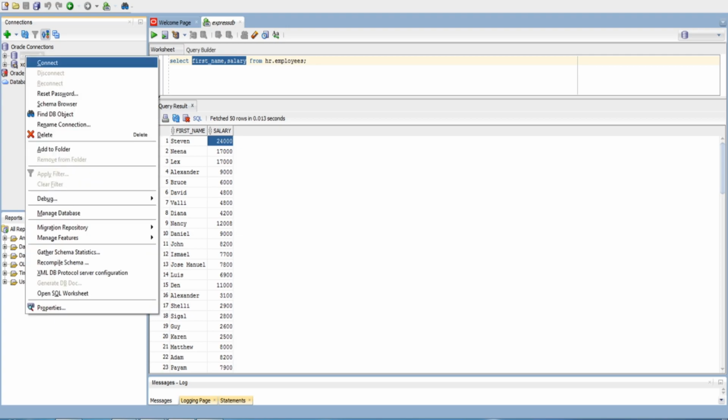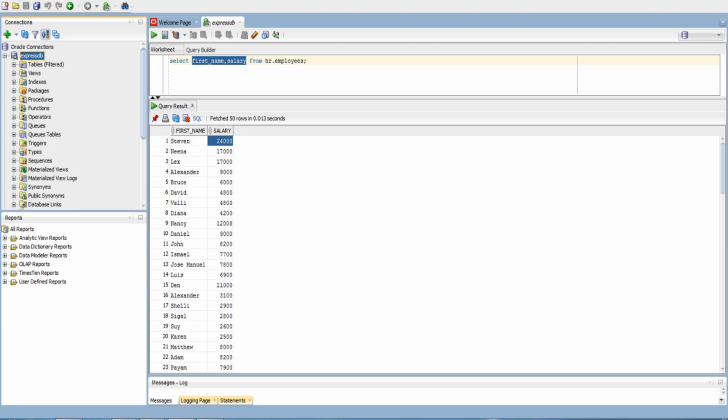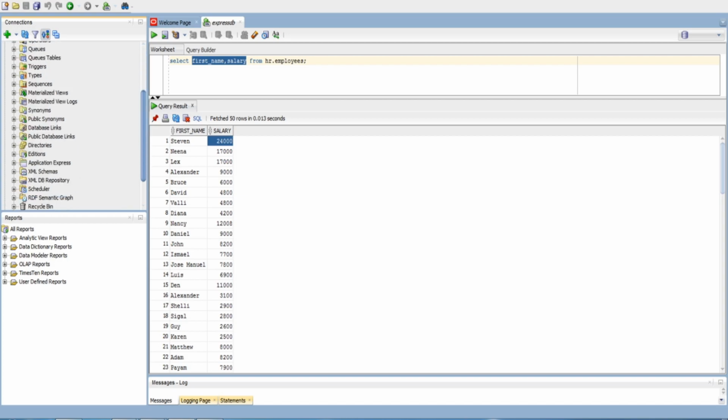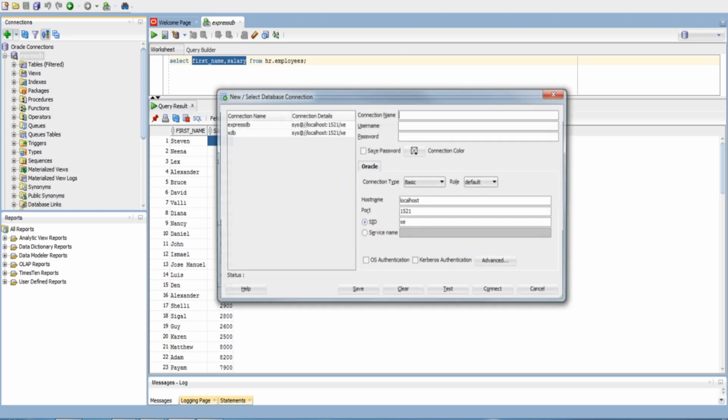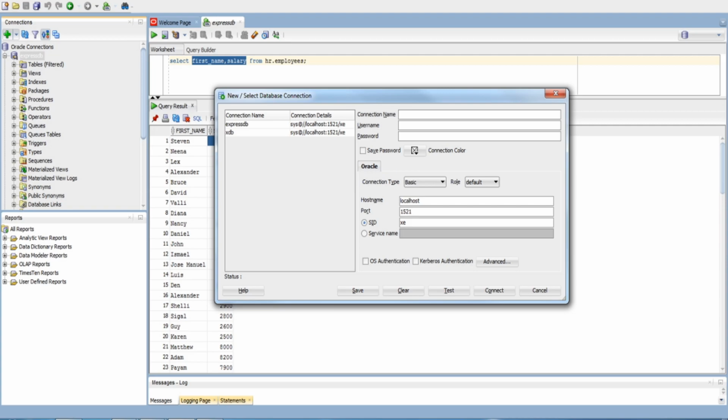If you want to connect back again, you can connect back to your database. Click on plus. HR schema, connection name. You can connect to your HR database with username HR and password HR123.